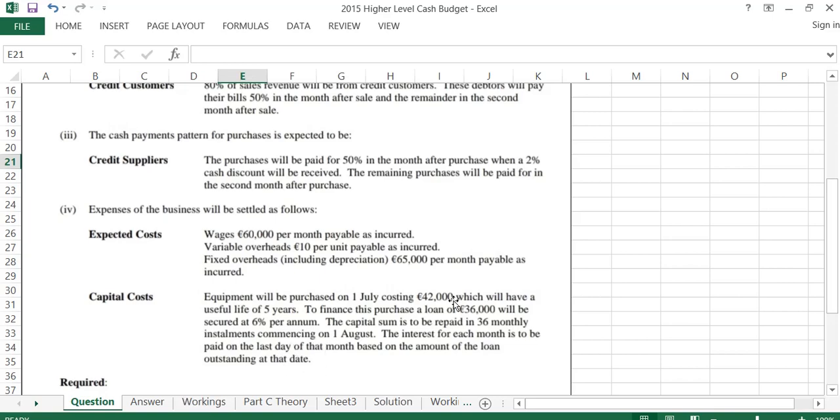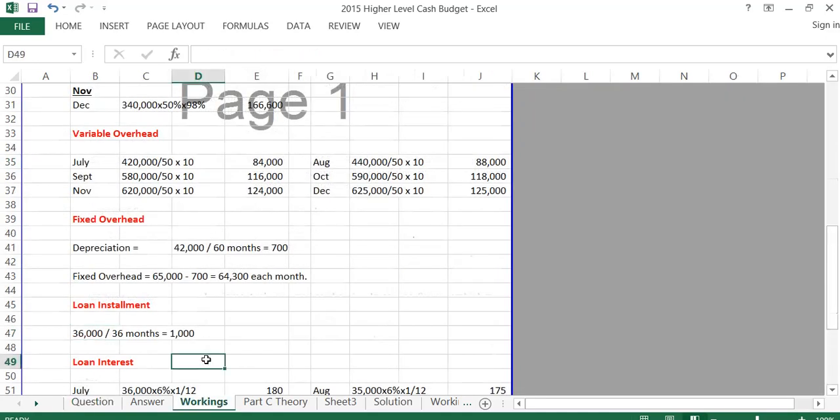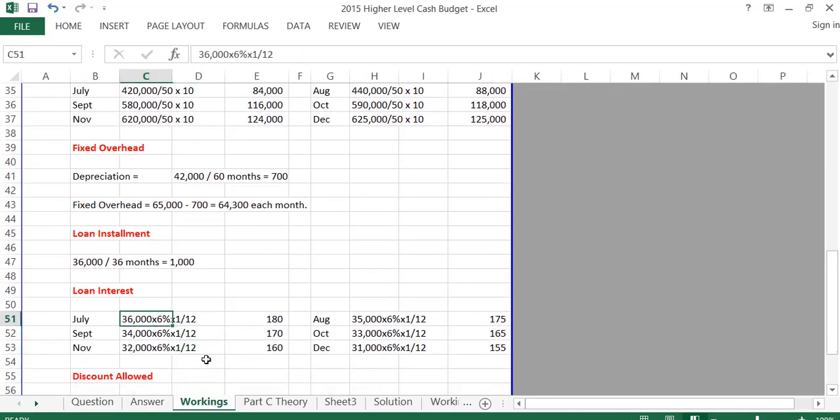So again, our loan is 36,000, the rate of interest is 6%. So if we go back to our workings on the loan interest, in July the loan was 36,000. The rate of interest was 6%, that will be for the year. So to work out on a monthly basis, I multiply it by 1/12. It's 180 euro. Then, because €1,000 was paid back at the start of August, in August our loan is only going to be 35,000. Again by 6% and again by 1/12 because we're working out on a monthly basis. So each month we can see here that the loan is going down by €1,000, which means our interest will